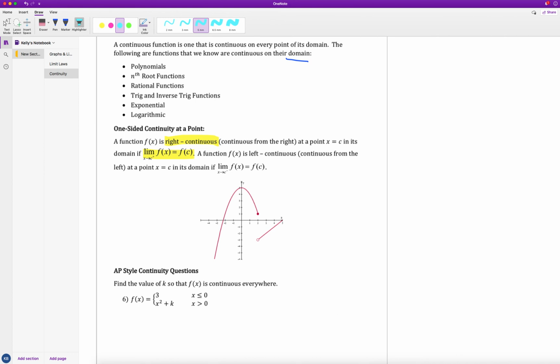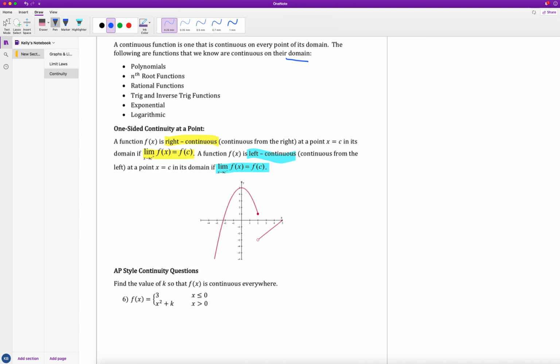On the flip side, we can have a function being left continuous, or continuous from the left, at a point x equals c, if the limit as x approaches c from the left equals that function value. So on a graph, if I come in from the left-hand side and there's a filled-in circle there, even if there's a jump in the graph, I am considered left continuous. Using this graph below, why don't you guys pause the video and decide